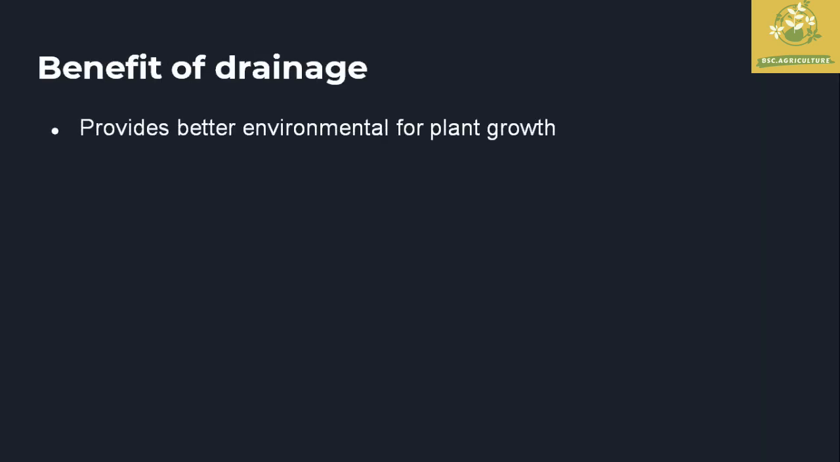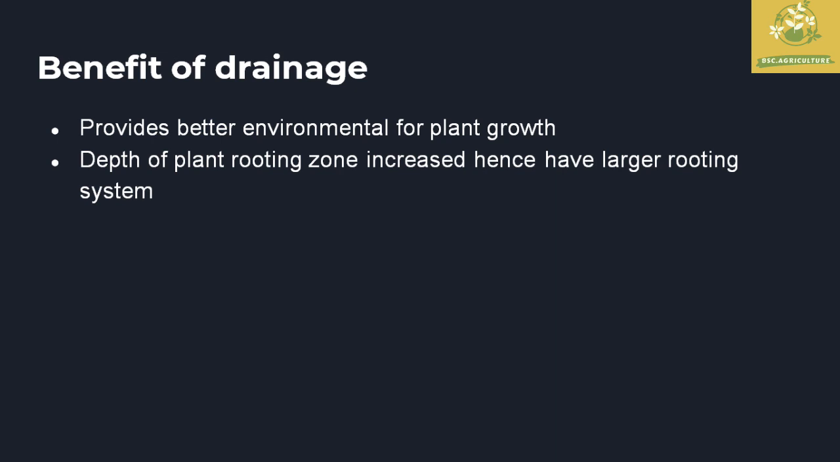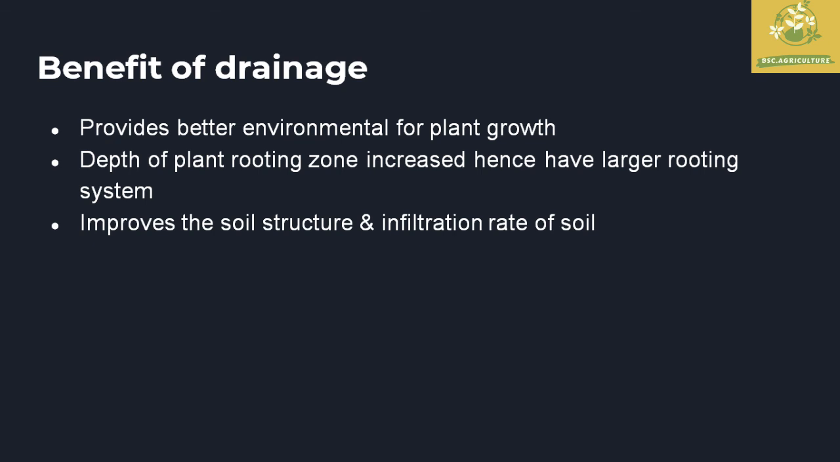While saying the benefits of drainage, it provides a better environment for plant growth, because over-irrigated fields lead to waterlogging as well as decaying of roots. By having a drainage system, the plant gets a better environment for its growth. The depth of plant rooting is increased, hence a larger rooting system, due to the drainage system. Having proper drainage in the field also helps improve the soil structure as well as infiltration rates of the soil, and